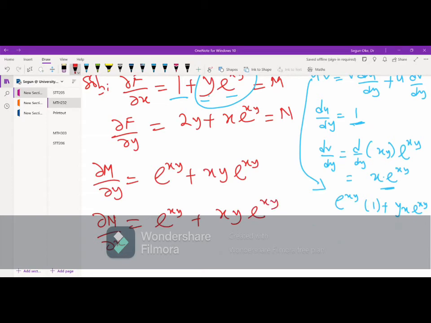So they are both exact, because this particular one, when I use the same thing, I will differentiate this, this one constant, differentiate this, this one constant, and then,